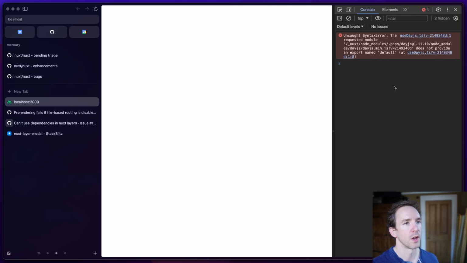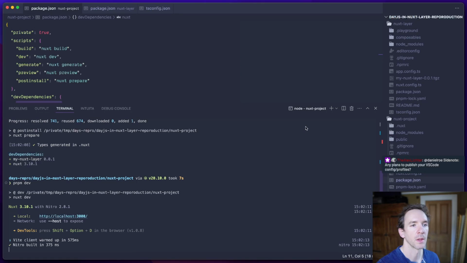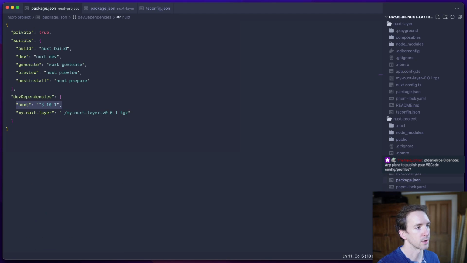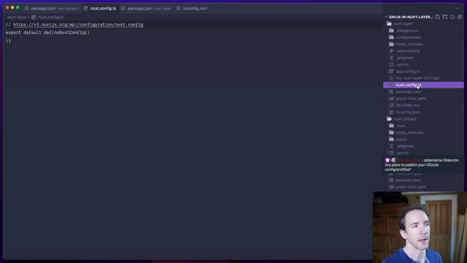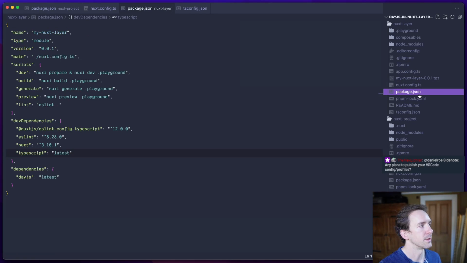Okay, so the issue here is not that it is in a different project, it's that it's not optimized because it is a dependency of the layer. And so